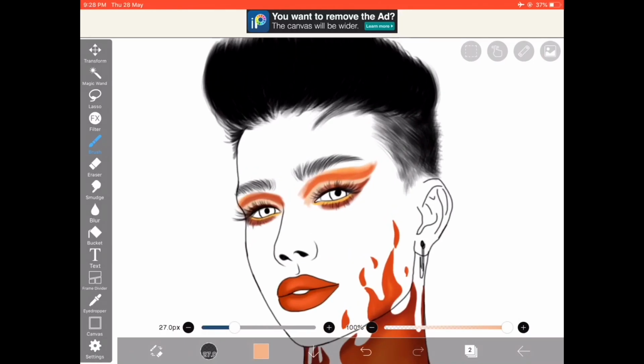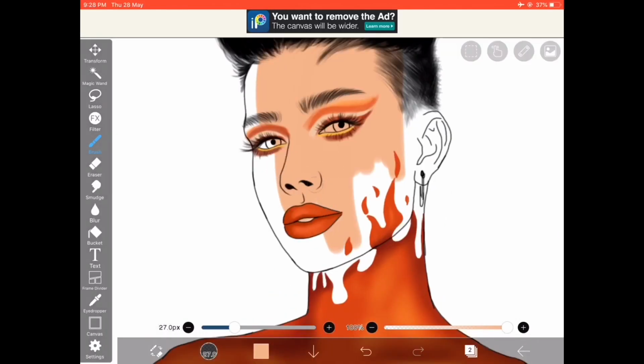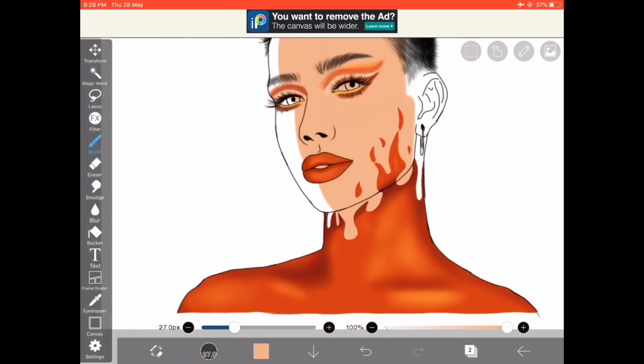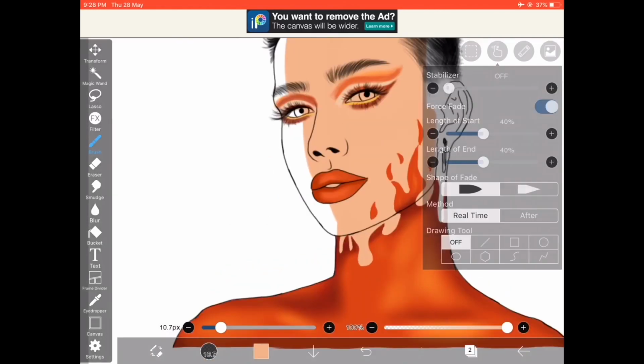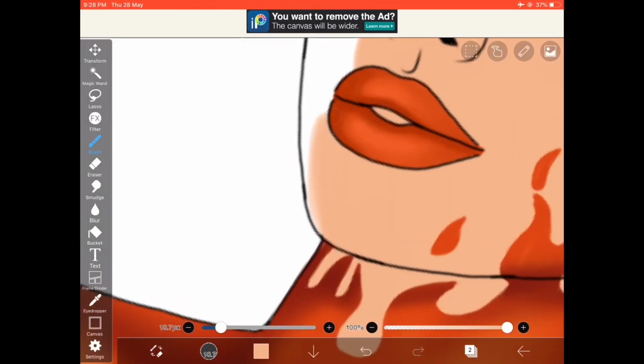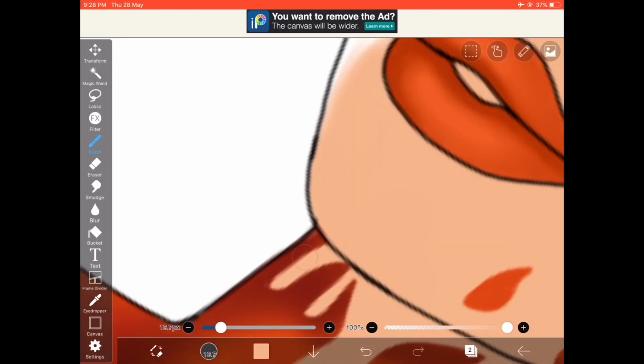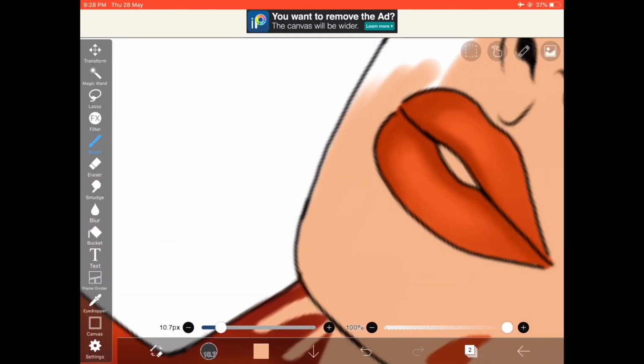So since I picked out the color of the skin, I'm just going to add the skin base color, and the pattern I'm going to use for blending is going to be different from the ones I've used on Adobe Draw. So I'm just adding in the base color, and after that I'm just going to work on the